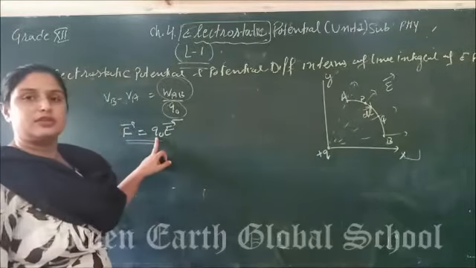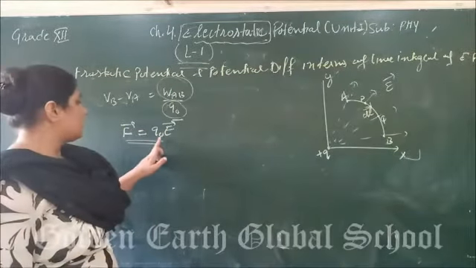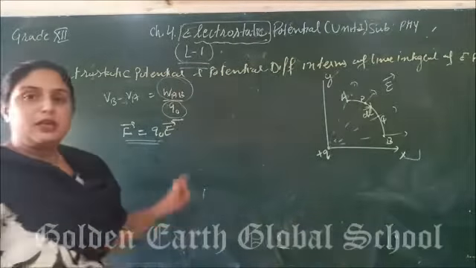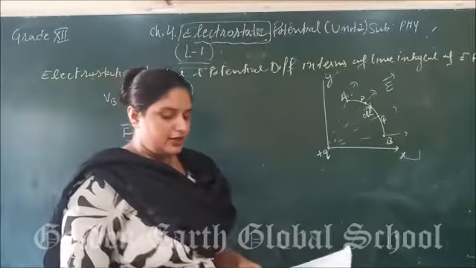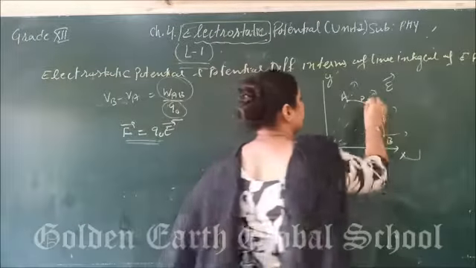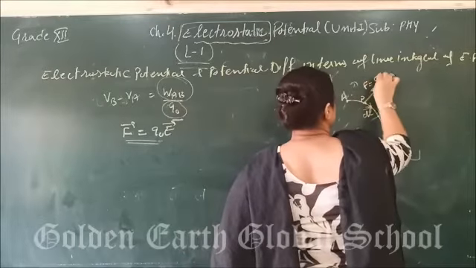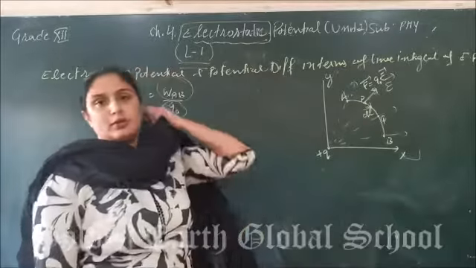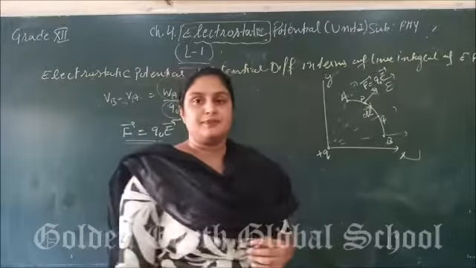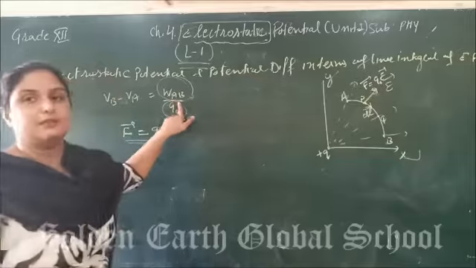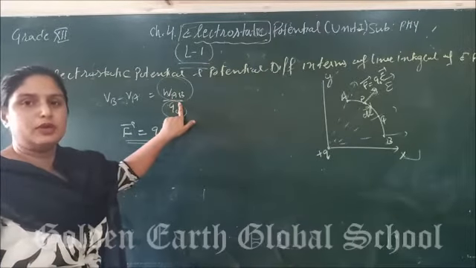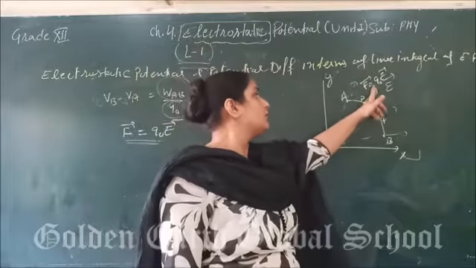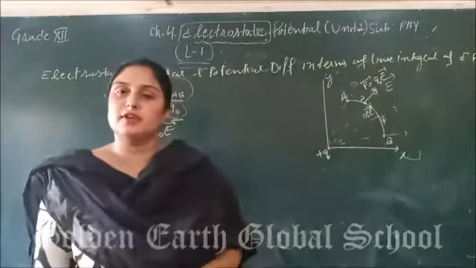If you take Q naught equal to 1, the force acting on the charge is due to electric field. As there is a positive sign, this force is acting in the direction of electric field. F is equal to Q naught E. When we talk about the definition of the potential difference, we say that it is a work done to move the charge from one point to another against the electric field. Means we have to move this charge Q naught against the direction of electric field.